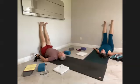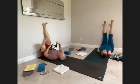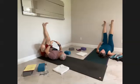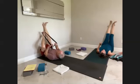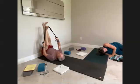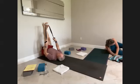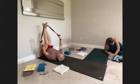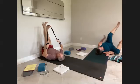And then bend that left knee, grab your strap, and put the middle of your strap on the foot. Might need to bring the knee to your chest to get closer. Okay. If you're not close enough to the wall, make an adjustment. There's nothing wrong with that. And then when your foot is